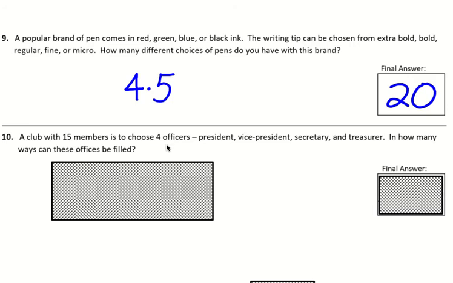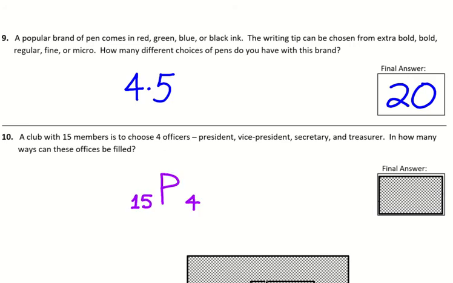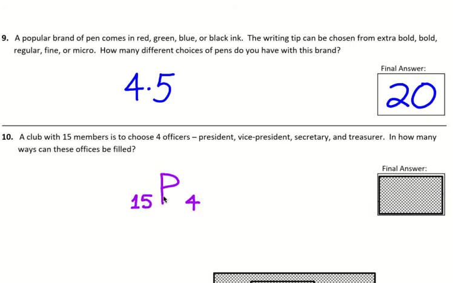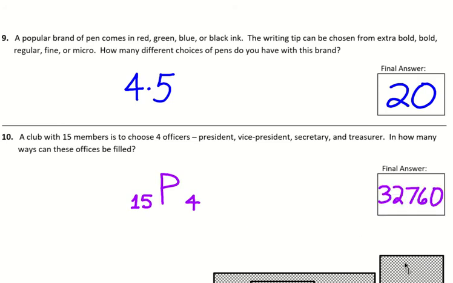And if that's the situation, then order matters and it's a permutation. If you can repeat the same 4 members in the same group, just put them in a different order. And so this is going to be 15P4, 15 permute 4, which your calculator will tell you is